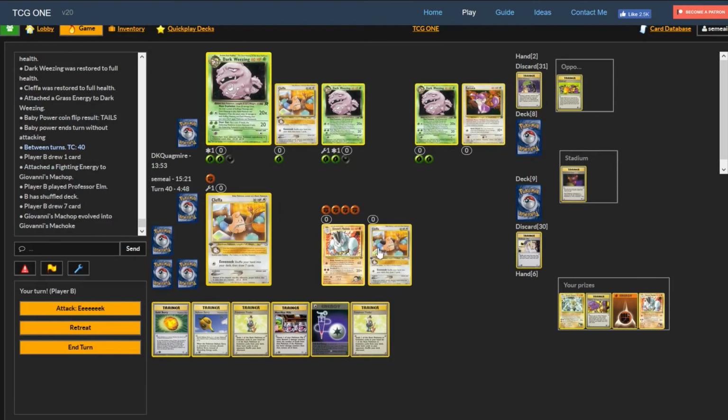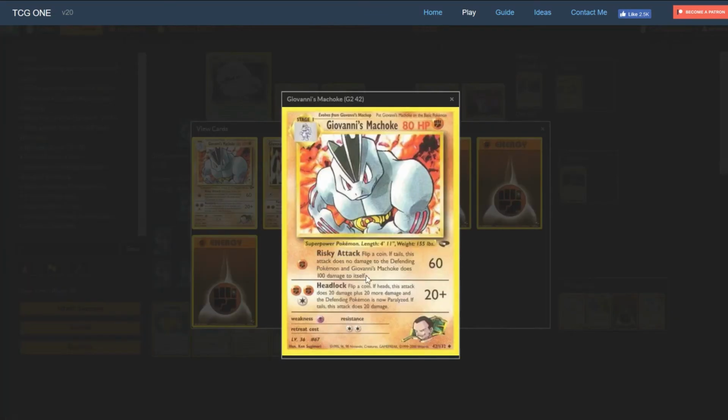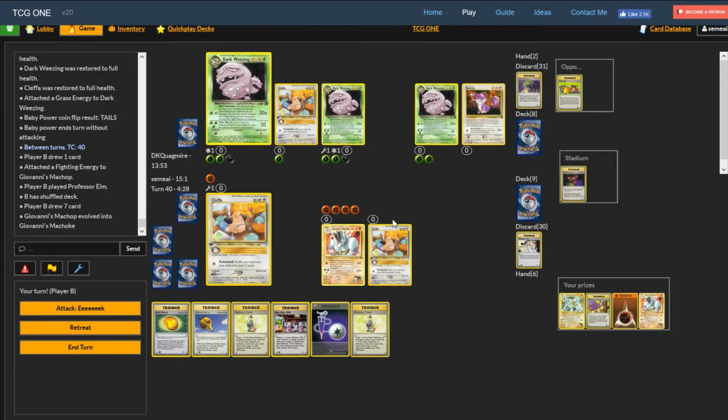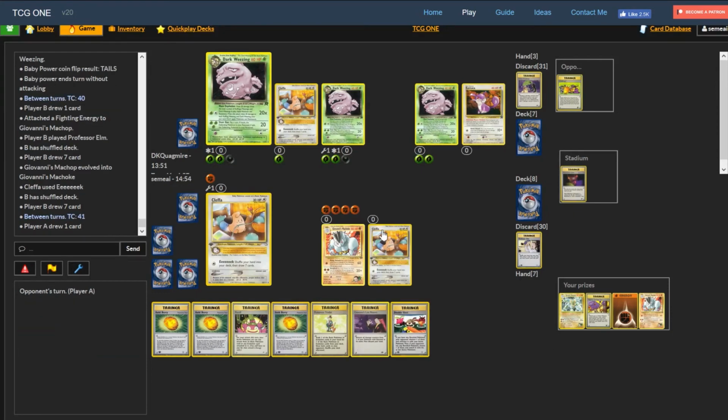There's a Machoke. Now the question is, do I headbutt him? So, do I headlock him? Flip a coin, if heads, X is 20 plus 20 more damage, and the Pokemon is not paralyzed. If tails, X is 20 damage. Risky attack, flip a coin. I'm not doing risky attack, obviously, so headlock is... But then he guarantees attacks me, right? So I'm pretty sure I don't. I'm pretty sure I Eek, risk it again, and...